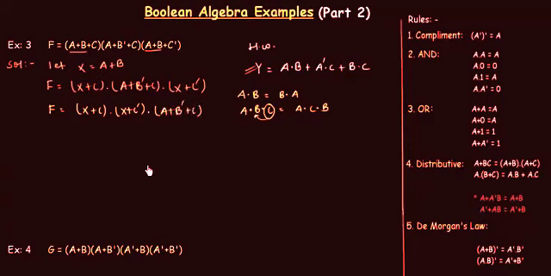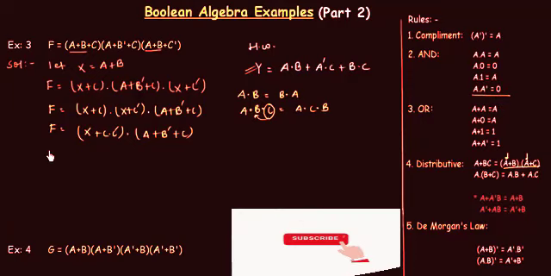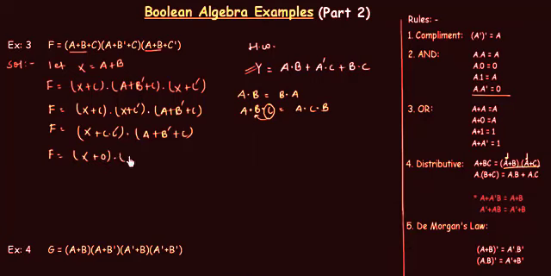complement or c. Now I will use the distributive law, and you can see a or b and a or c is equal to a or bc. A is common, and here you can see x is common. So the function f is equal to x or c and c complement from the distributive law, and we have a or b complement or c. Now from here you can see a and a complement is equal to 0. Therefore c and c complement will be 0. So we have x or 0 and a or b complement or c.